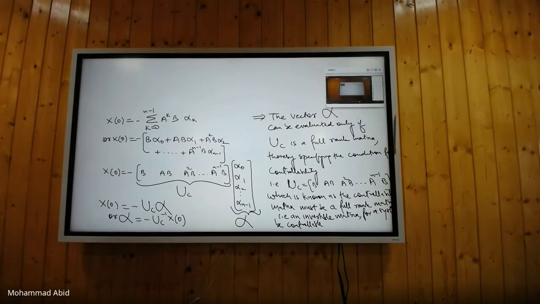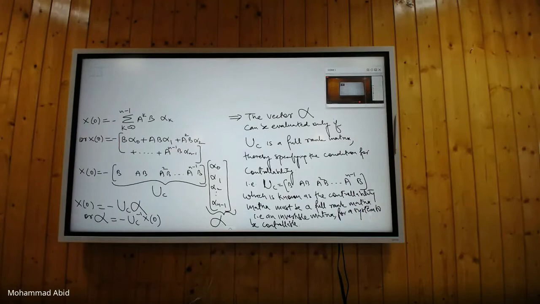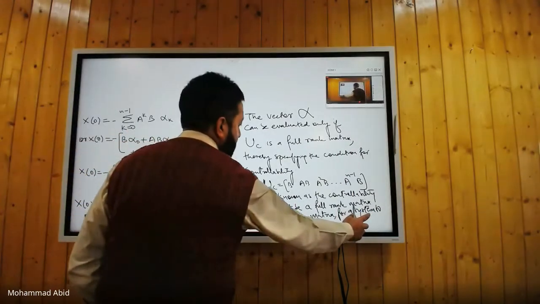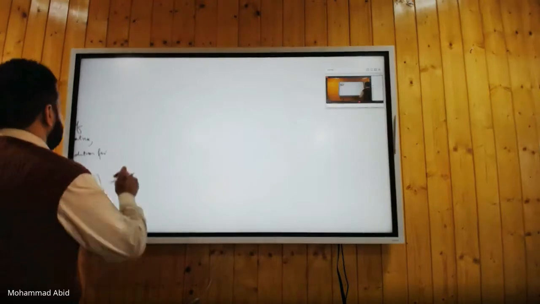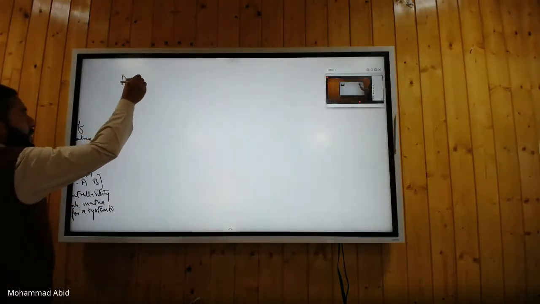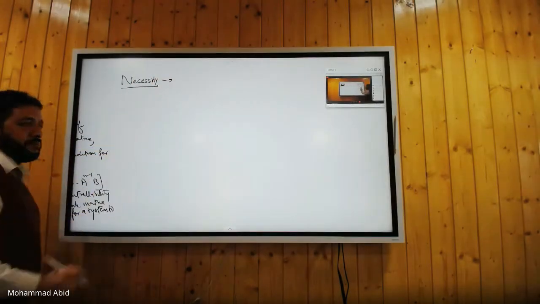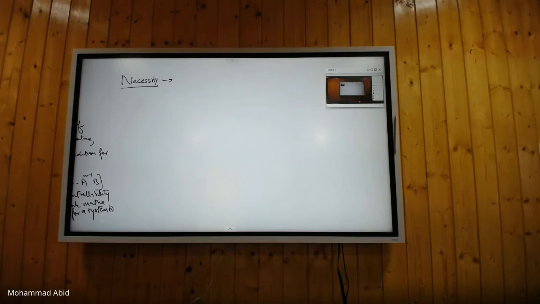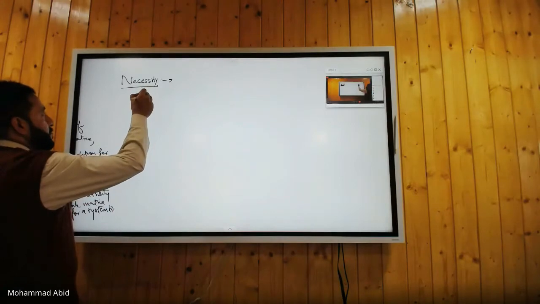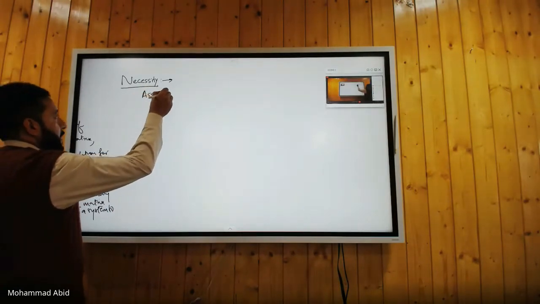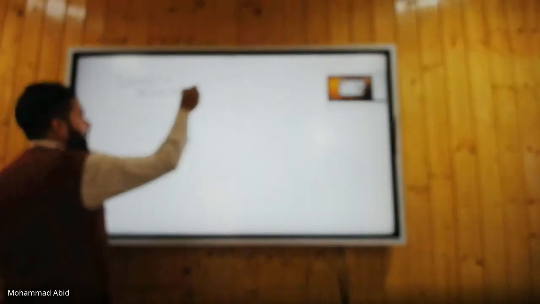That means the system controllable होने के लिए आपका जो controllability matrix है, जिसको हमने as UC define किया है, ये एक full rank matrix होना चाहिए. So we have proved the sufficiency. We will also prove whether this is a necessary condition or not. So we will prove the necessity. तो वो last time की तरह ही improve करेंगे. So for the necessity, we will assume that the system is controllable